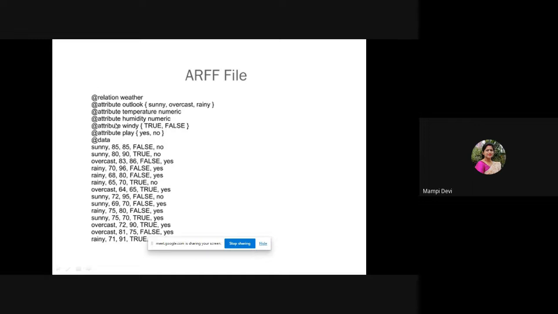The upper portion is known as the header section. Here in the header section we can see the at-sign. The first line is @relation, that is, what is your data set? Relation means your data set name, which data set you want to work with. There are many built-in data sets within the Weka tools itself. So you can see here the relation, that is, you are using the table weather, and